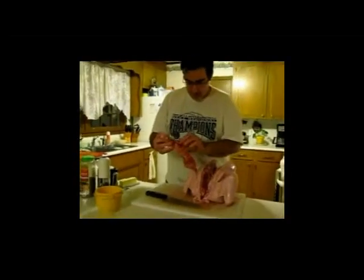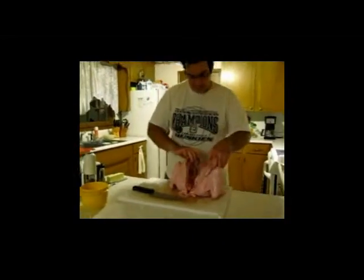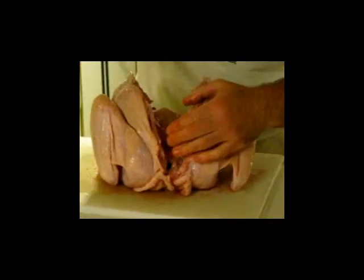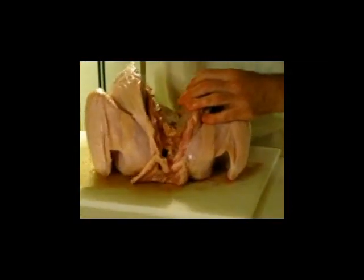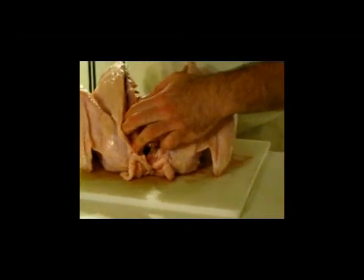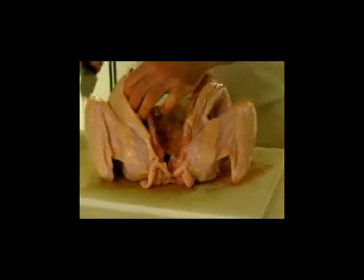Unfortunately, this does cut into the oyster, which is, some people think, the best part of the turkey. Most people don't actually appreciate it, so I don't mind doing this so much. And then we have to pull out this inside, and that's actually a lot easier than you might think. You're just going to go riding the meat in between the meat and the bone all the way down. When you get to